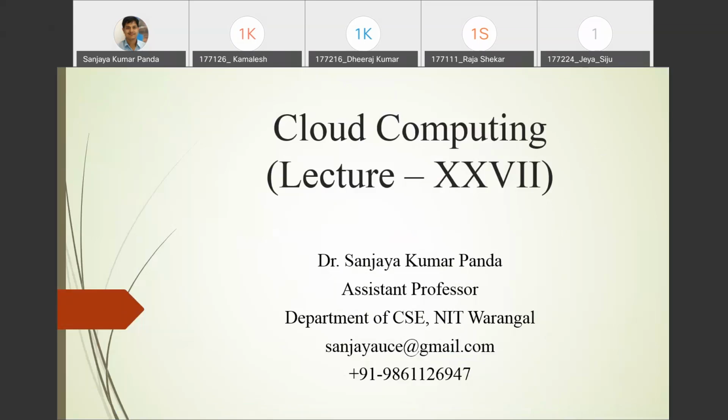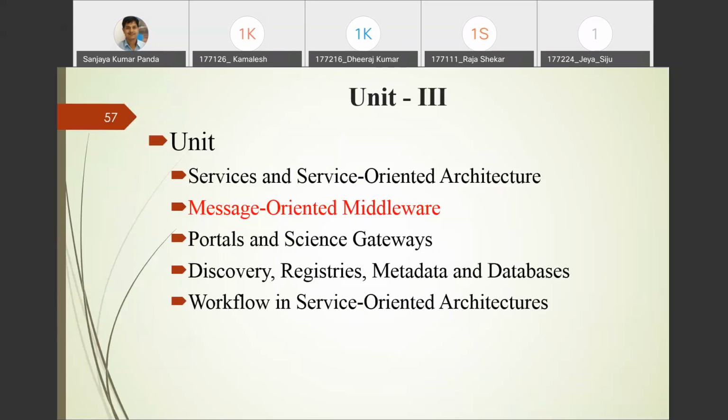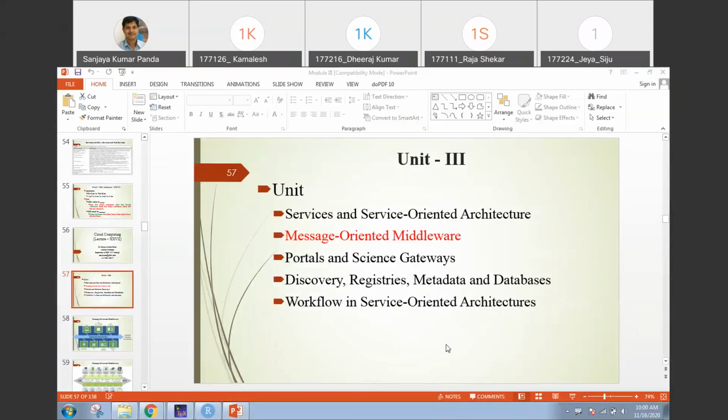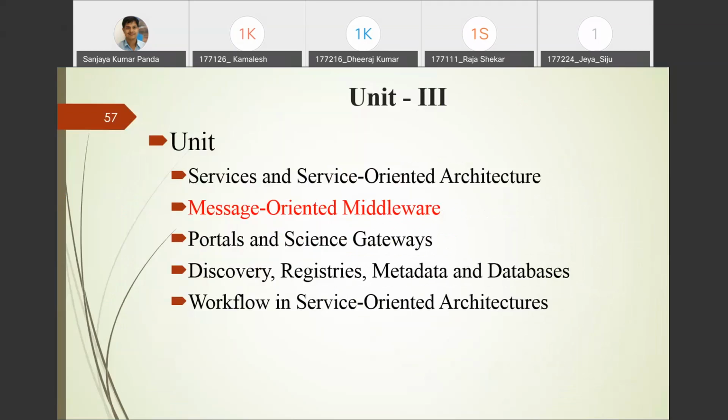So, in this lecture, we'll discuss the second part of our service-oriented architecture, which we call message-oriented middleware. In message-oriented middleware, we are using one type of bus, right? You know that in a computer, a bus is used to transfer data from one component to another component, right? So in a computer, when you communicate data from one component to another, you require bus